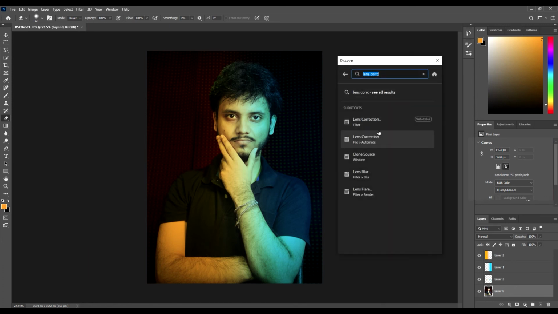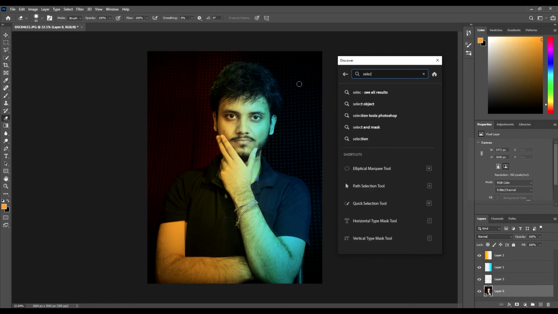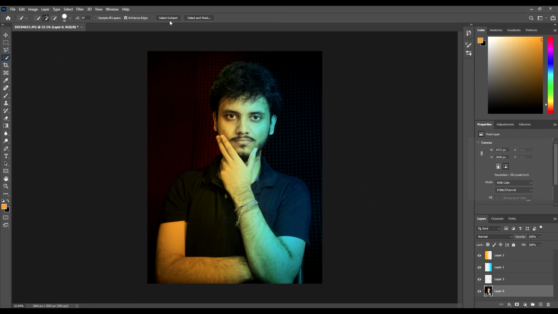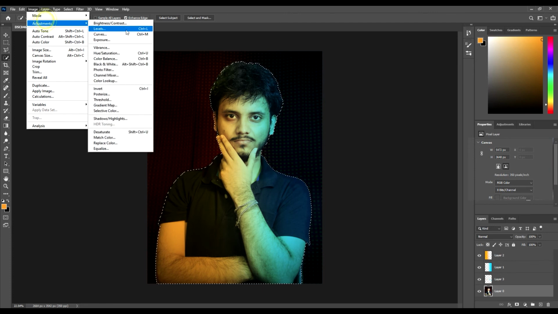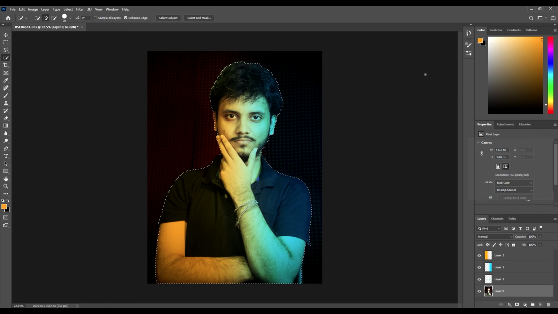And to do that, I'll again go to the selection tool, quick selection tool, then select the subject. It is going to automatically mask out the subject for me, and then I'm going to image adjustments and brightness and contrasts. As you can see, I can increase the brightness again. I'll go with 10 this time.